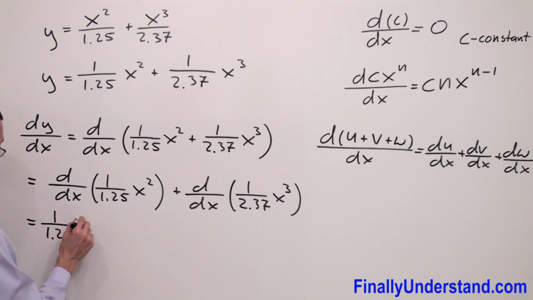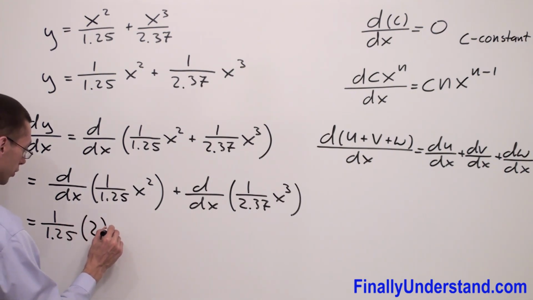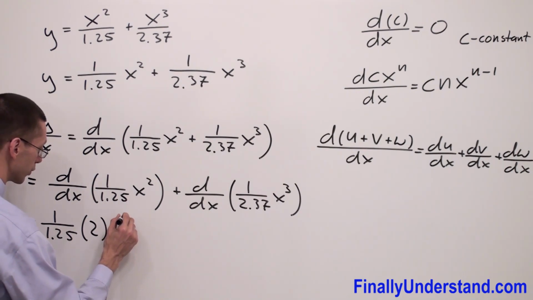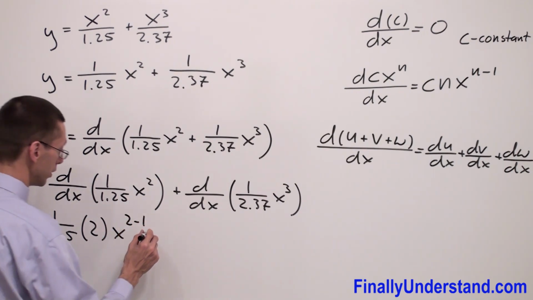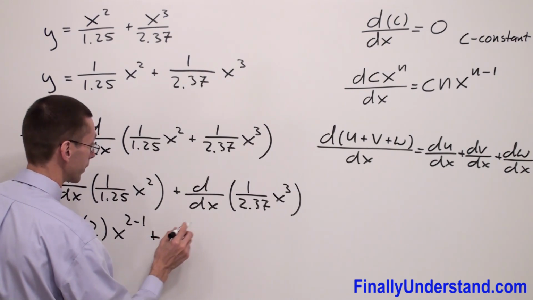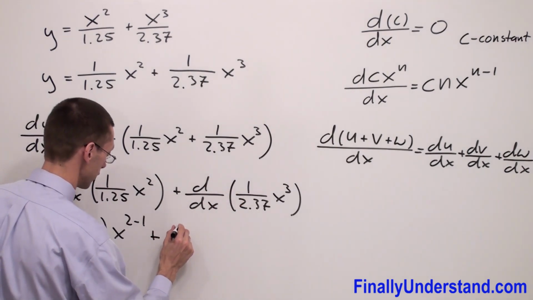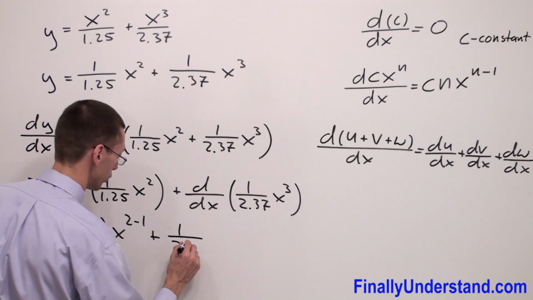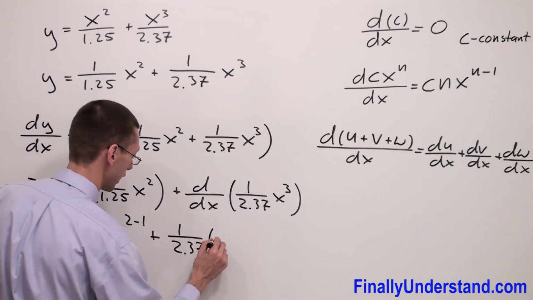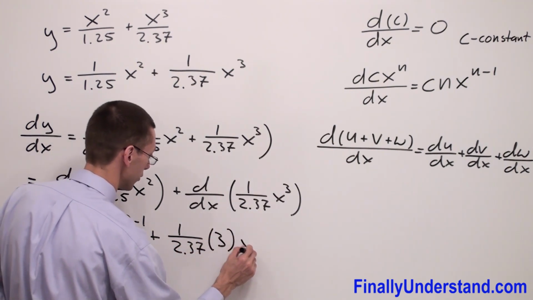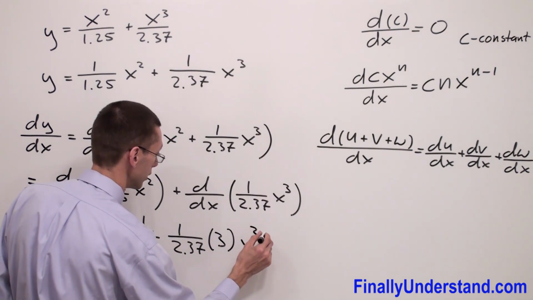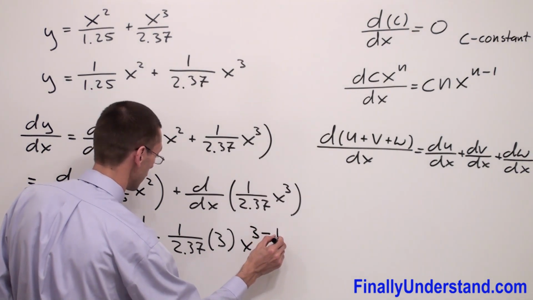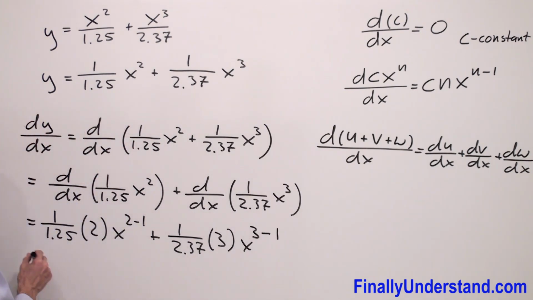This is my constant, so it's 1 over 1.25 times the exponent to x, and the exponent minus 1, 2 minus 1, plus the constant comes down, so I have 1 over 2.37 times 3, and I have x to the 3 minus 1. So this is equal to 2 times my fraction is 2, and I have x